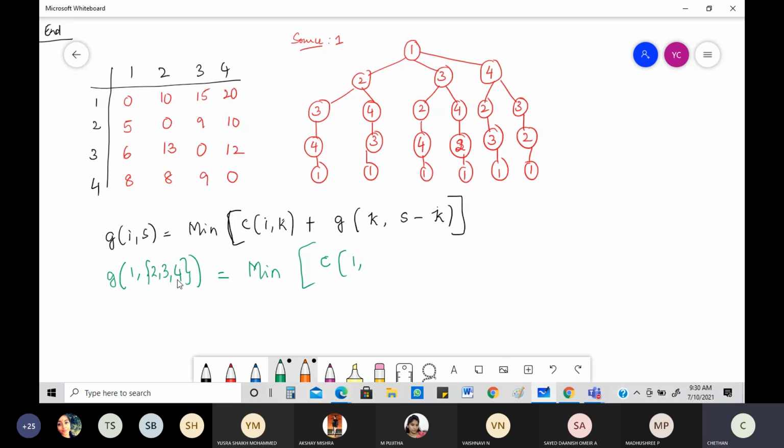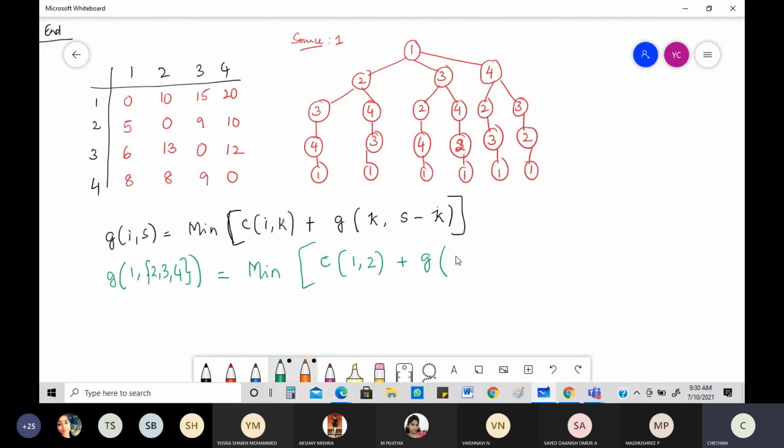Okay, you need to figure out for each and everything. First thing is, I'm going to do it for 2, then 3, then 4, like that. So this will be 2 plus G of whatever you took here. K, you took it as 2 here. Okay, K you have taken as 2 here. So what is going to happen? The same thing only is going to come.